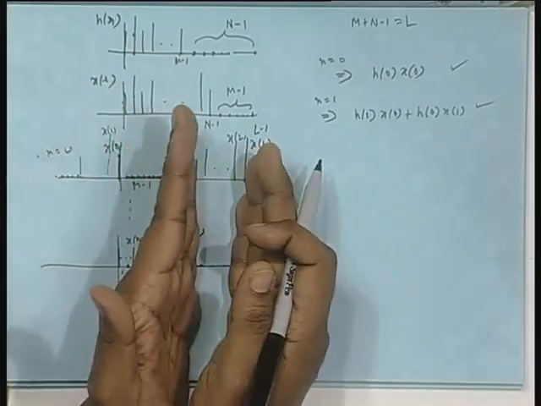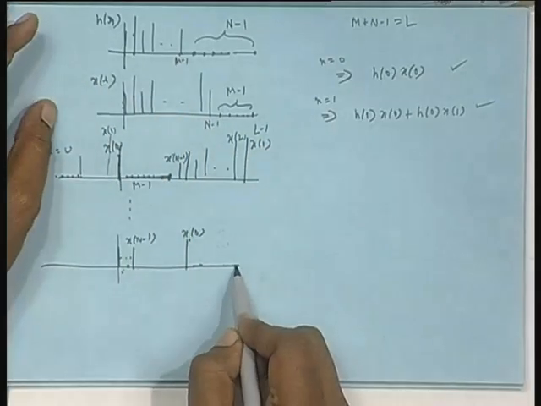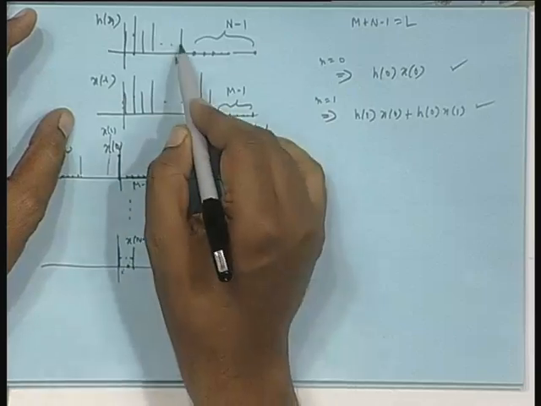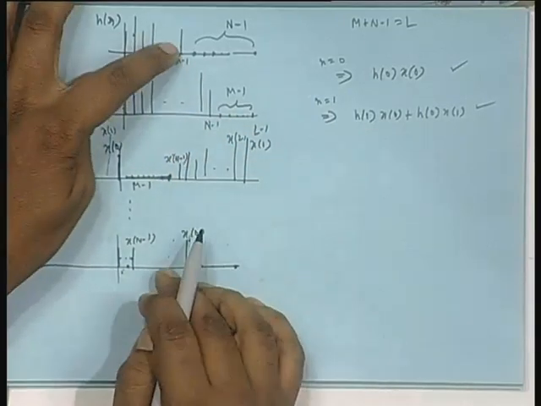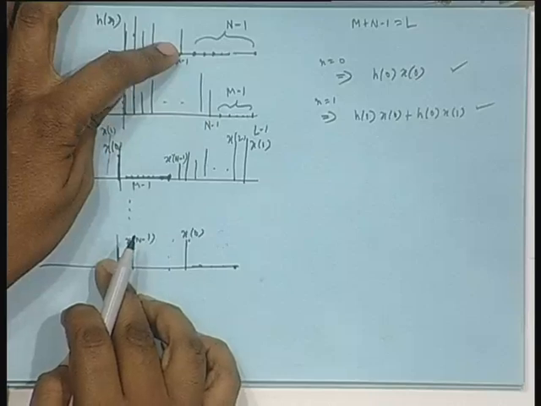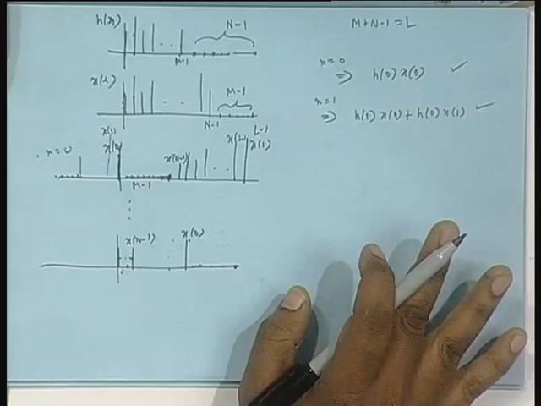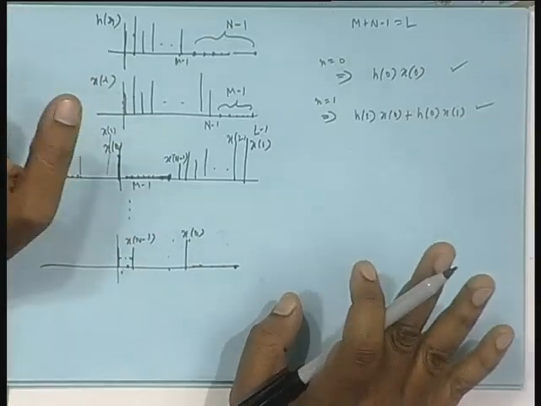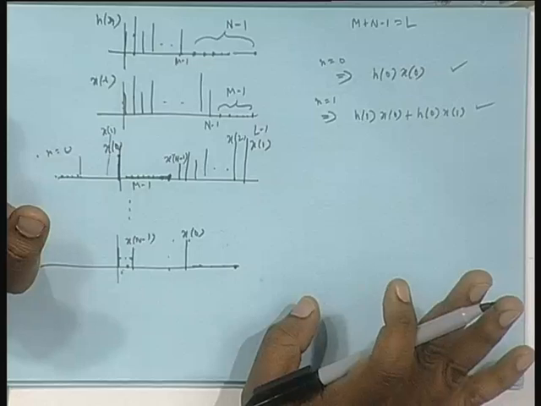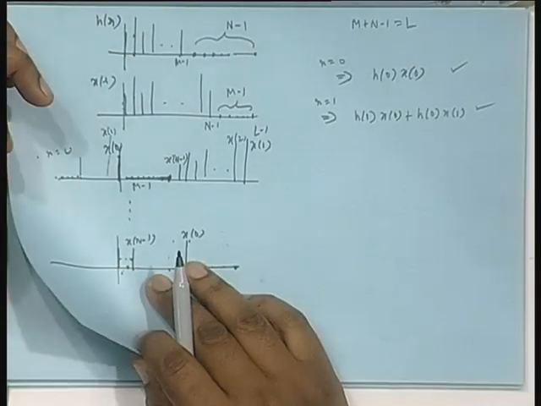Finally, x 0 will come over here to the right at this point, and at that time x n minus 1 will be the last sample, and to the left will be zeros, and that will be the last result of the convolution. Do you understand? It will give you a perfect linear convolution result. This is called the zero padding technique. In your DSP, you should have studied this. I am sure you have not been taught, isn't it?